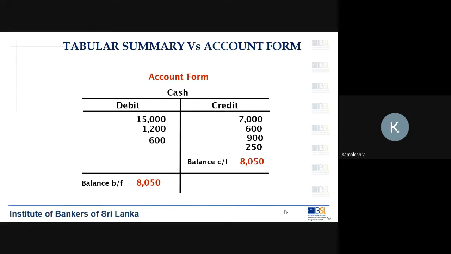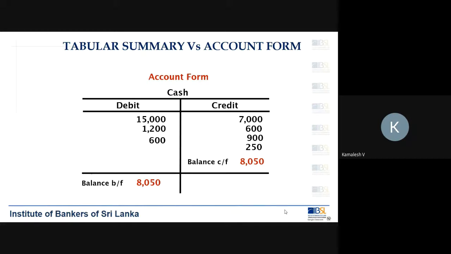So in organizations, you have to do a balancing of all your accounts. Today, due to the use of computer systems, the balancing happens automatically, so there is no manual intervention where we try to balance the account to carry forward the balance. This is the simplest example I can show you for a simple set of transactions presented in an account, and how you arrive at the balance carried forward.